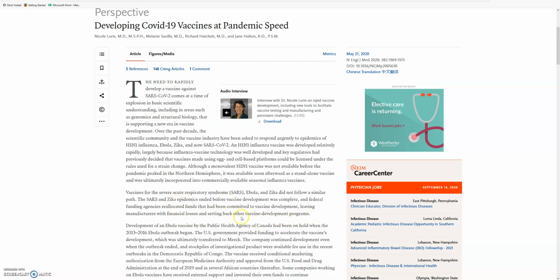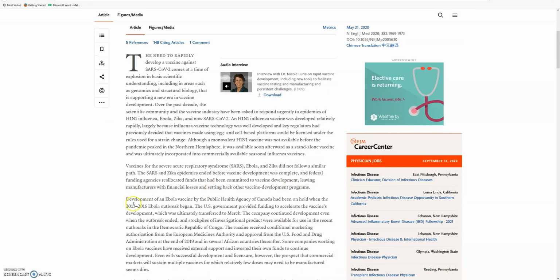So here, if I'm citing this word per word as a direct quote, I would put a beginning parentheses before vaccines, and I would put an ending parentheses after programs, and then I would put author, date, and page number. And if I wanted to paraphrase this and say that vaccine development ended before they found a cure,